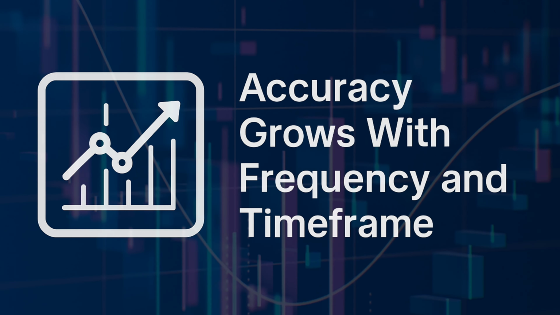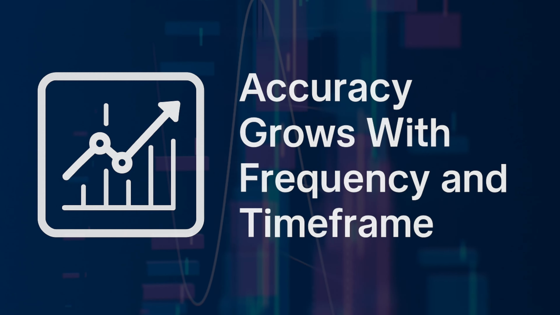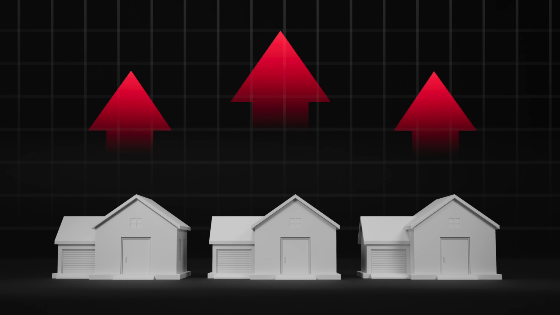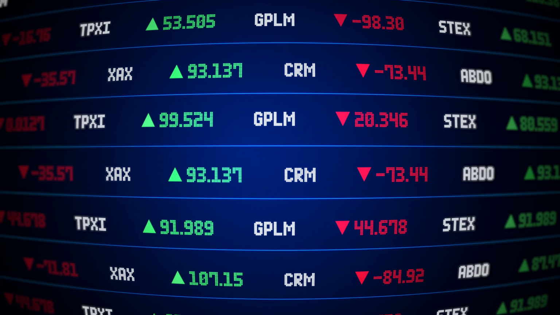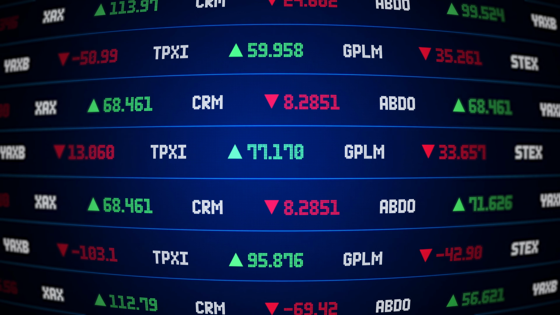Here's something most people overlook. The more often a market trades, the more accurate the price becomes. Your house might go up and down in value a lot, but you don't notice it. Why? Because your neighbor isn't shouting the price at you every 10 seconds. But SPX, that thing's screaming at you all day long what the price is.